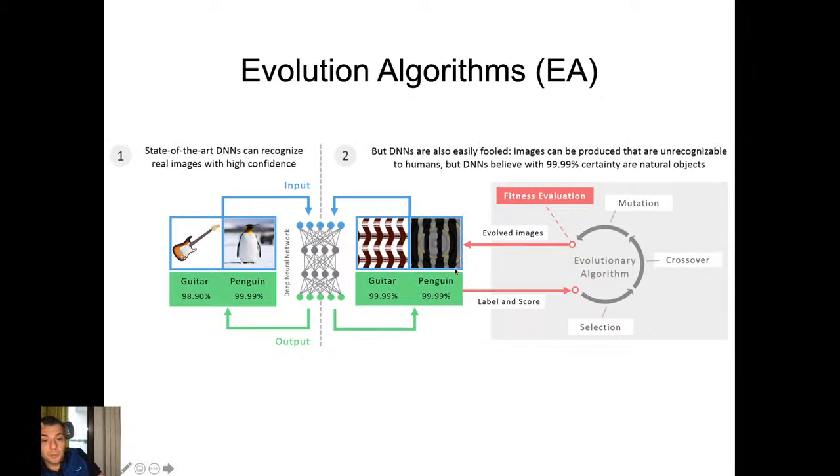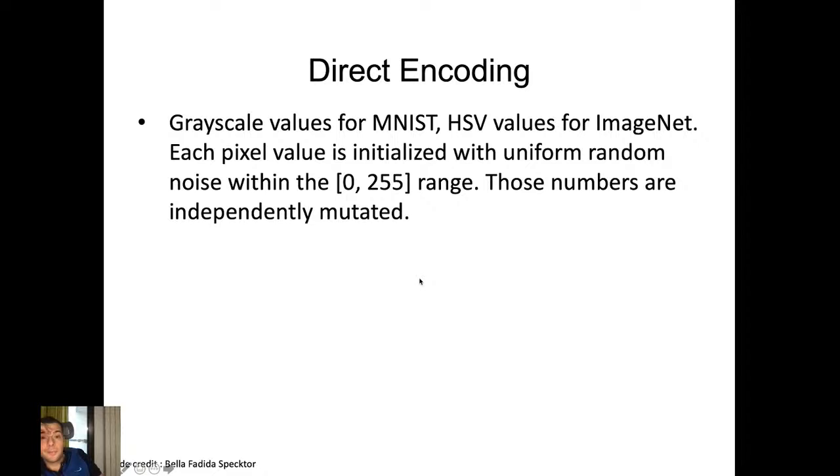So during this process, let's say you start with a population of images, you pass it through the network, you obtain some scores, you take the better individuals, those that have higher confidences for certain classes, you select them, apply crossover, do mutation, add these new examples to the population, and redo this process until you optimize the images as you desire.